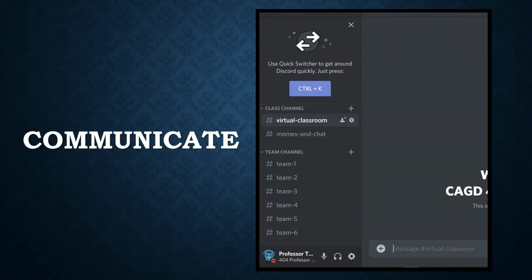But how will we be successful with this online mode of study? Active communication is the only way to see a project to its best conclusion, so let's start there. Discord will be our primary mode of communication. It is a low-tech medium accessible on your phone, so there should be little to no issues with connections or participation. Within the course Discord, I have created a selection of channels.